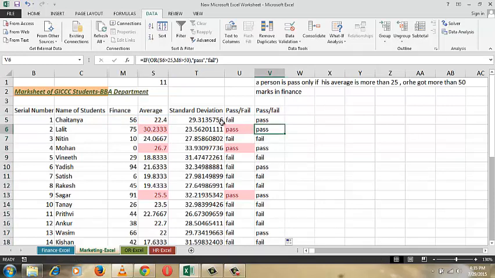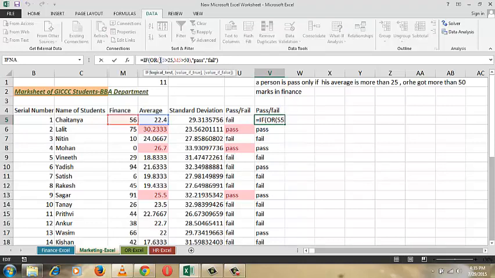So here you can write OR. You can see this person's average is less than 50, but in finance he got more than 50, so he is a pass. This person is satisfying both conditions. Here he got 0 in finance, but his average is more than 25, so he is a pass. So this is what I'm talking about. You can use the OR command, or you can use OR and AND commands together. So IF, and here you can write AND, you can write